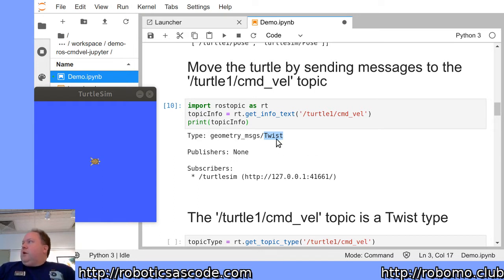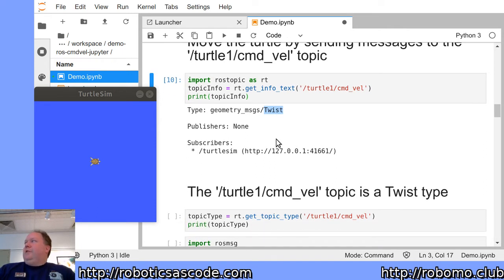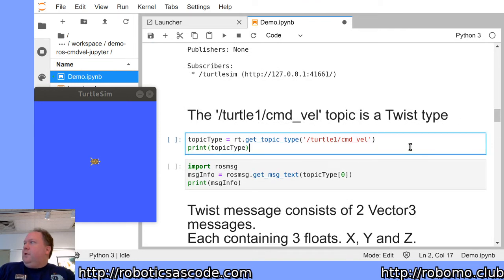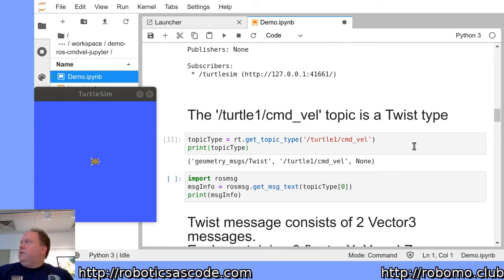So this is a twist topic, and this is a standard topic you would use for moving a robot around. Most types of robots, I think, would respond to this. Even legged robots would probably translate these commands into some kind of biped motion. Okay, so it's a twist type. I can print out the topic type. So we got geometry messages twist,